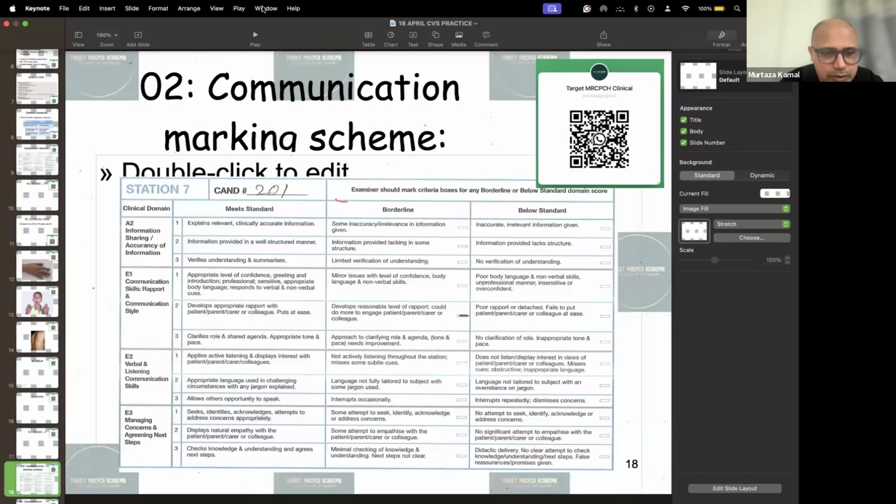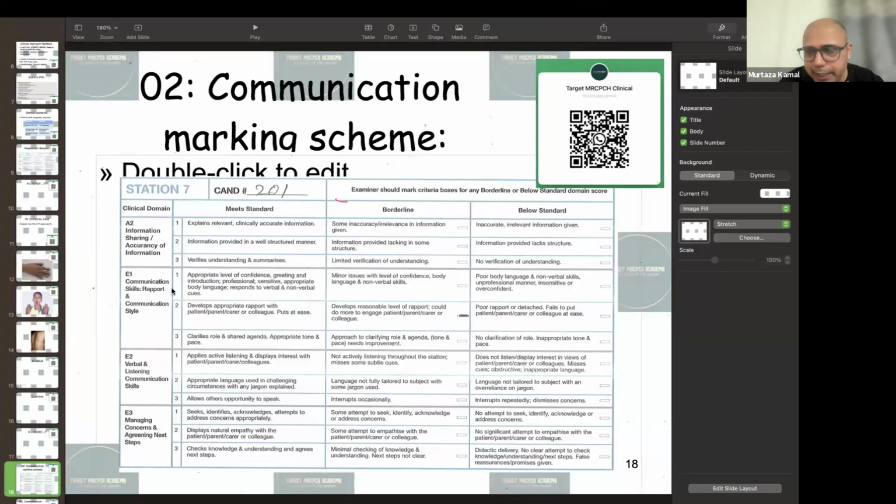Next, communication skills, rapport and style. So you have to build a rapport before you start speaking. And one thing always keep in mind, we have all the structured communication scenarios, we go through multiple books, we have to complete this, we have to bombard them with knowledge. This doesn't work. The most important thing is you have to give knowledge, but that's a part. Information sharing will be marked only 2 out of 8. The communication skills and rapport will fetch you another 2 marks,